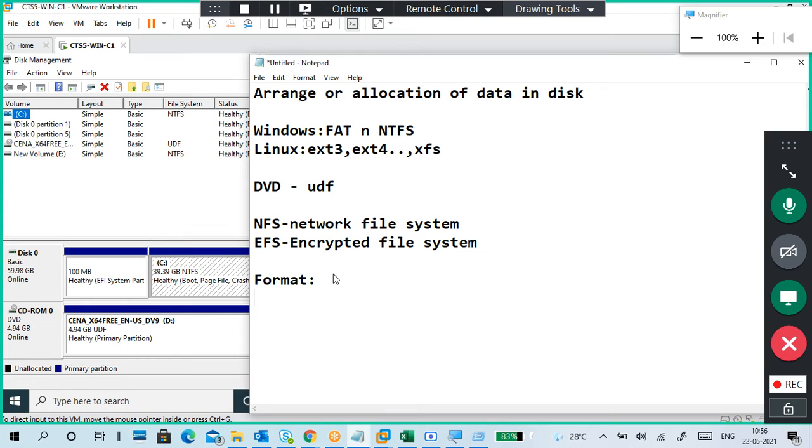Okay, good. It defines. And in computer terms, formatting means we are erasing everything from the disk. Okay, good. One more. So normally it's like arrangement. Correct.